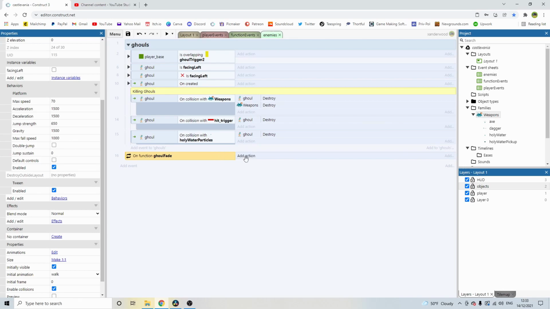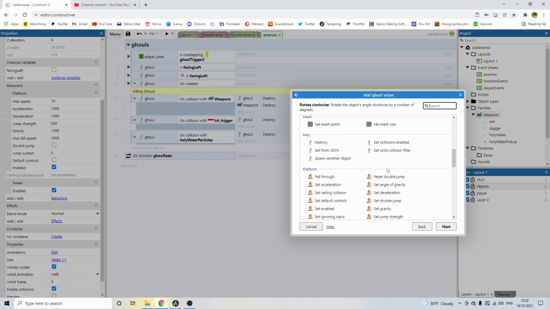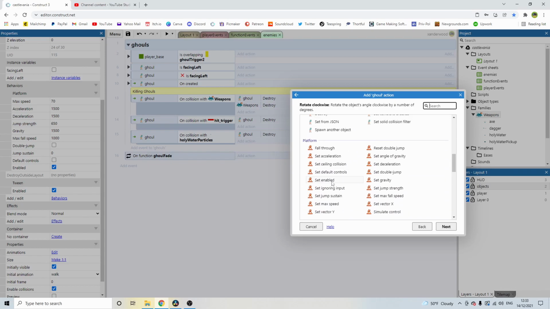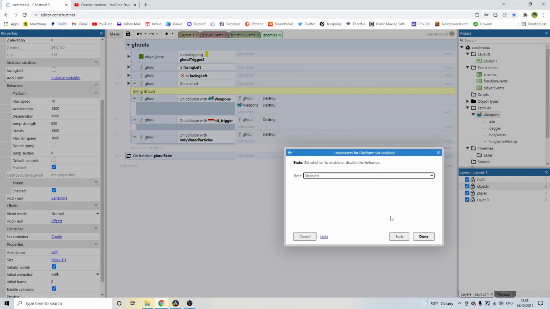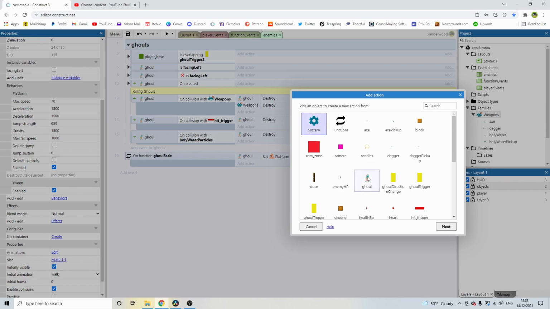Now, when we call the Ghoul Fade function, what do we want to happen? We want the ghoul, and we want to tween one property. The first thing we need to do is disable the platform behavior, because otherwise they're not going to be able to move through the rock. So we'll disable the platform behavior, and we'll add an action, and we'll say ghoul